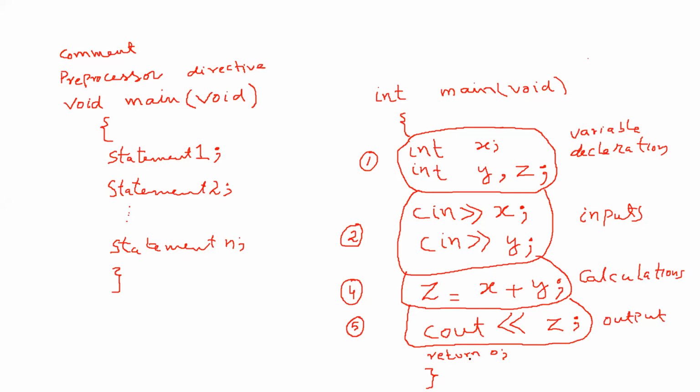This is also an output, but this output will take 0 towards the operating system, which indicates to the operating system that the program finishes appropriately. Return 0 means there is no error. If there are some errors in the program, we may return the error value to the operating system. So this is the basic structure of a program, and I want to execute this program in a development environment.